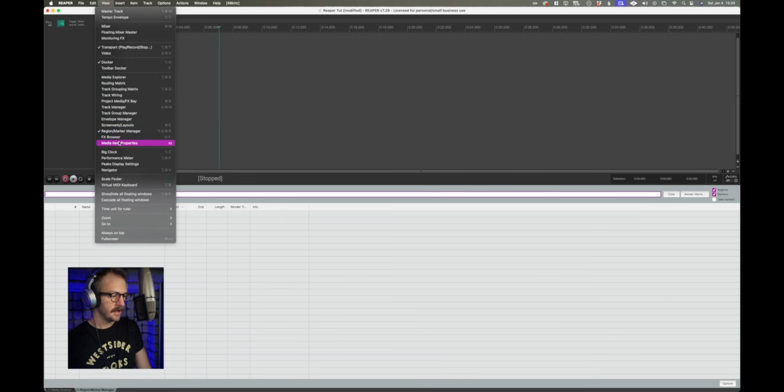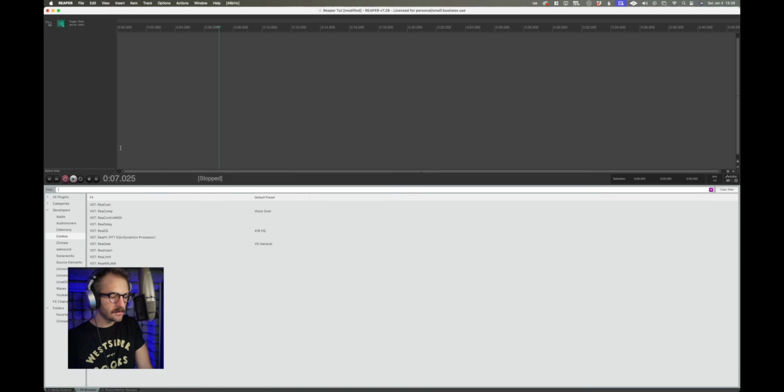Back up to View, we're going to open the FX browser. This gives us access to all of the different plugins that we have either natively, that I bought somewhere, that came with something. And if you don't know what a plugin is, these are all different sort of tools that are at our disposal to either clean up or improve the way something sounds, which is more so what we do in voiceover or audiobooks, or in an extreme case, for at least performance and voice acting,